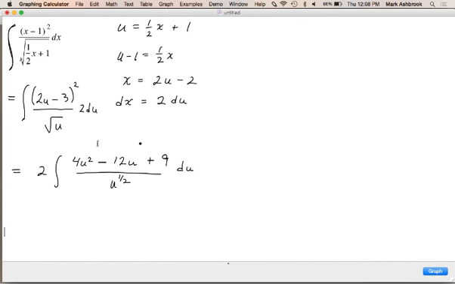Right. So now remember this technique we talked about that's shown up multiple times? That is splitting a fraction up into multiple fractions. So what's the first one? 4u to the what? 3/2 minus 12u to the 1/2 plus